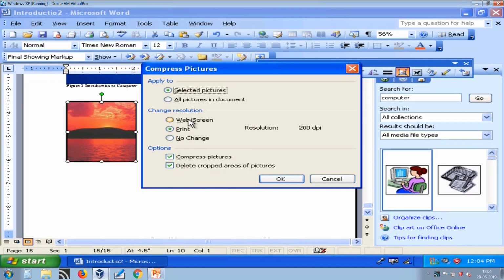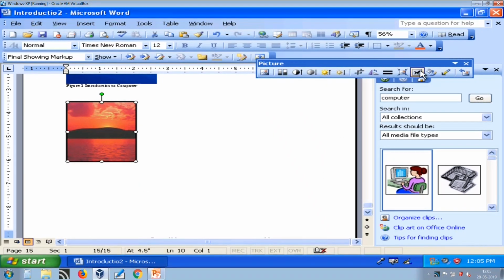So if I select web and screen, it uses a resolution of 96 dpi, which is less than print. So when you want to print, you must have high resolution. So in case of print, it reduces resolution to 2 dpi if it is higher, and in case of web and screen, it reduces resolution to 96 dpi, and no change means you don't want to do anything. So this is how you can compress your picture.